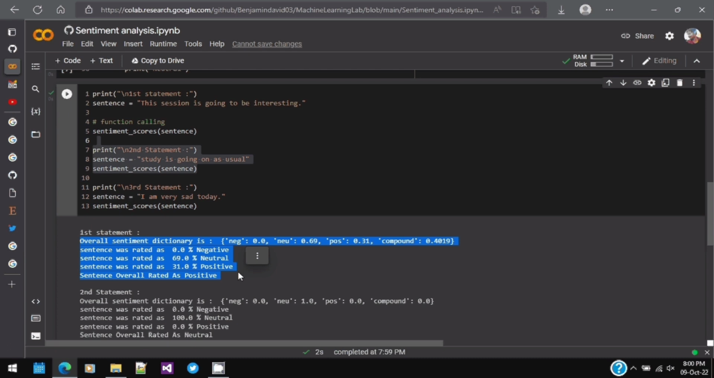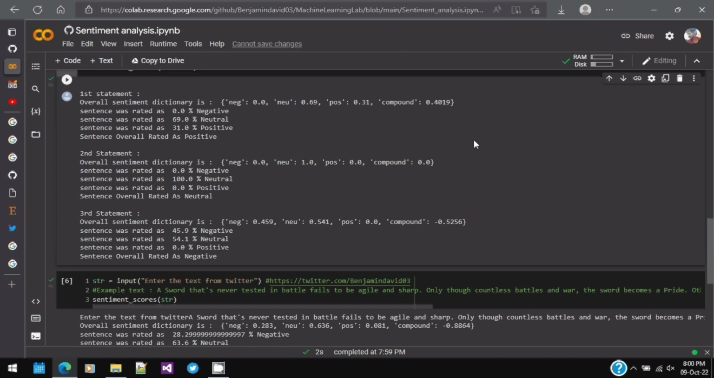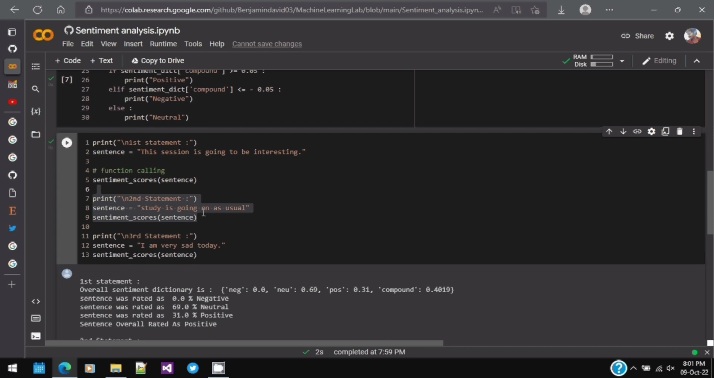As you can see, in the overall sentiment dictionary, negative is 0, neutral is 0.69, and positive is 0.31. The compound is 0.4019. It means that the sentence is 0% negative, 69% neutral, and 31% positive, and the overall sentence is rated as positive. Because the compound is greater than or equal to 0.05, it is rated as overall positive. So similarly,